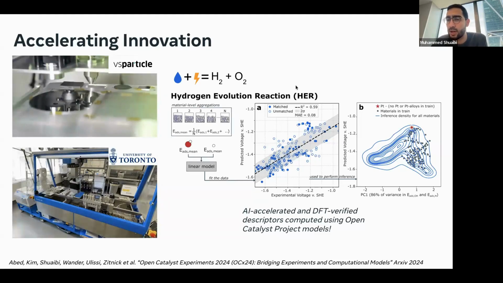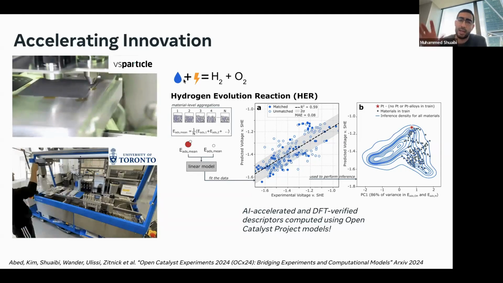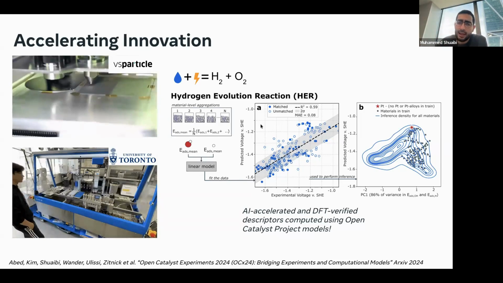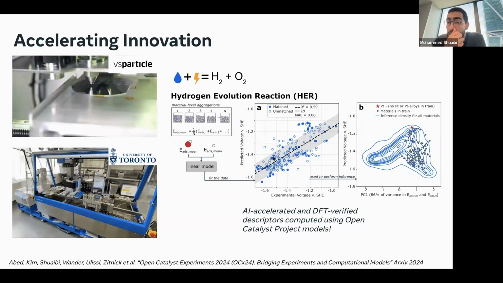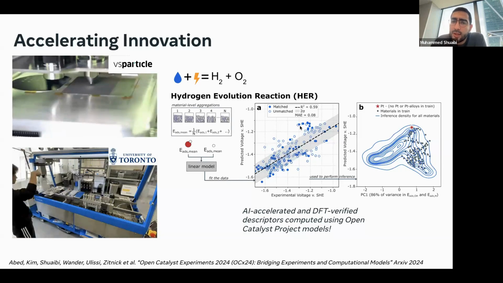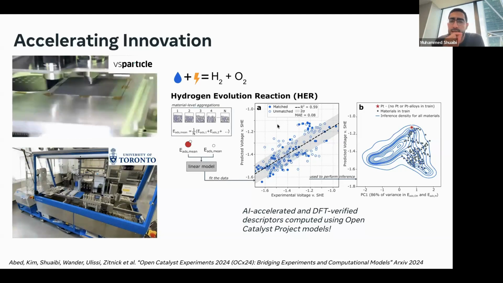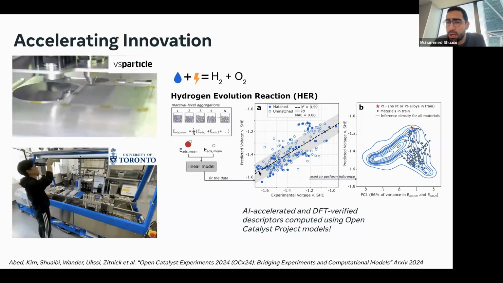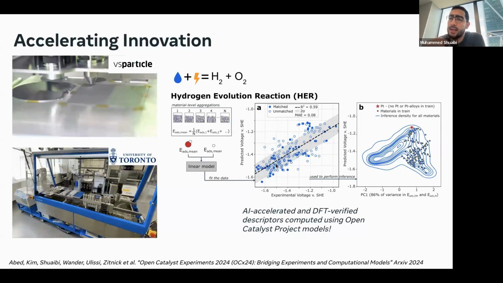We refer to this as the hydrogen evolution reaction, and that's where we take water plus electricity and you produce hydrogen and oxygen. And at a high level, we're seeing strong correlation. One thing to note here is experimental to computational connections aren't going to be perfect. So you can look at this and see this is not a perfect correlation, but we don't necessarily care for perfect correlation. We just want to capture trends.